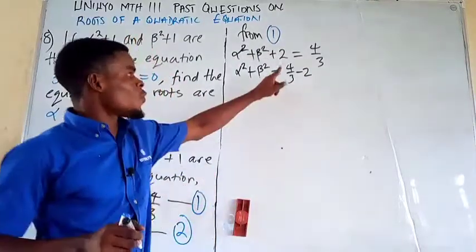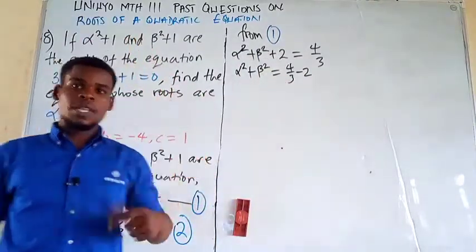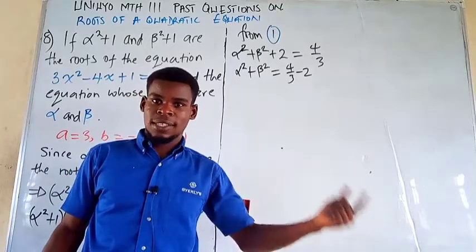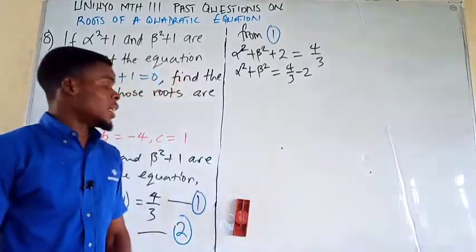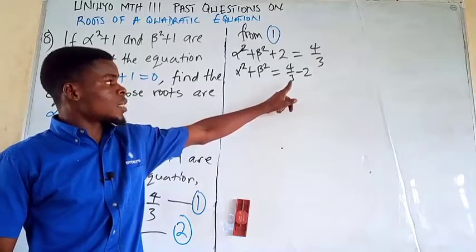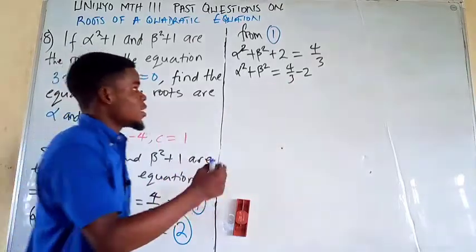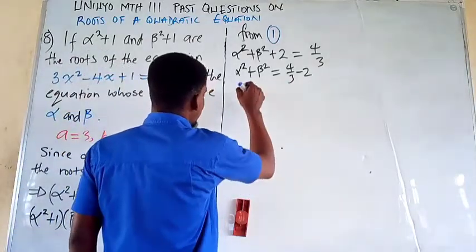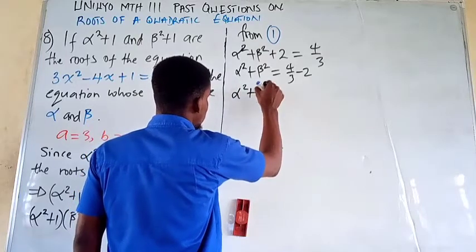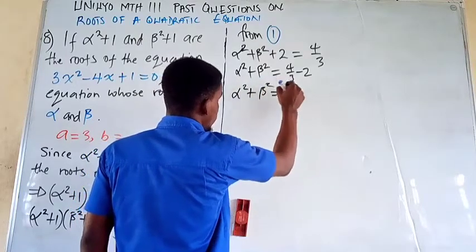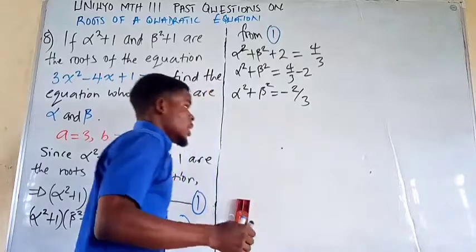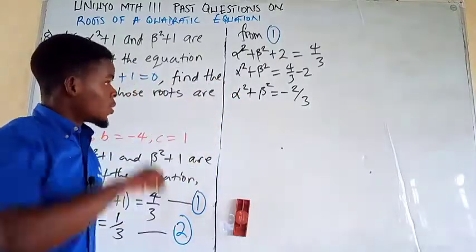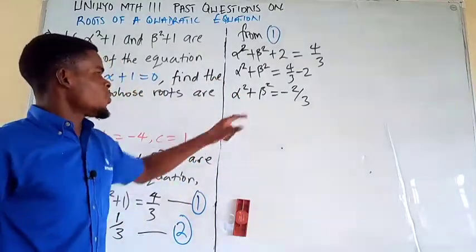Okay, so you know 4 over 3 is the same thing as 1.33333333. The 3 keeps on repeating without an end. So if you subtract 2 from that, you're going to get negative 0.67. That means alpha squared plus beta squared is going to become negative 2 over 3. Alright? You're going to see that. Alright, so from here,